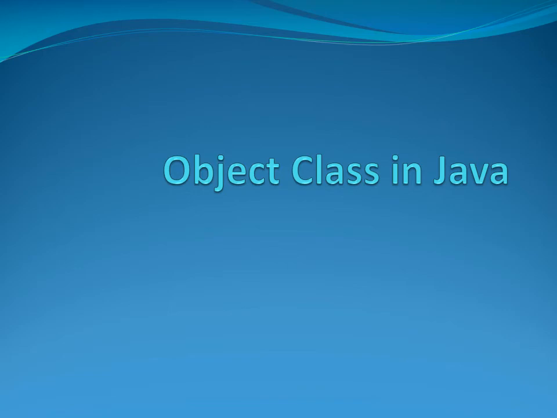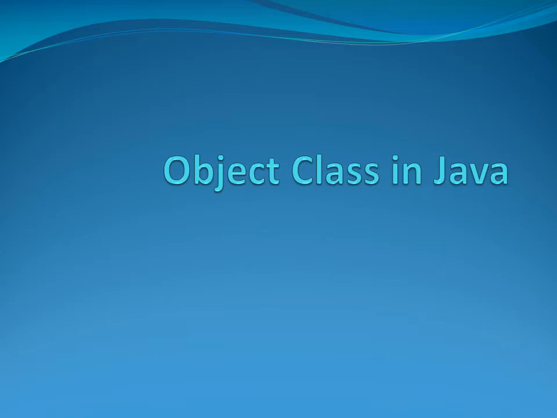Hello everybody. In this video, we are going to talk about a particular class in Java. It's a built-in class and it is known as the Object class. So what is this Object class? Now, anything in Java that you create has to be inside a class. Everything is an object. So when you write a program which, let's say, only has a main function, that also has to be enclosed inside a class.